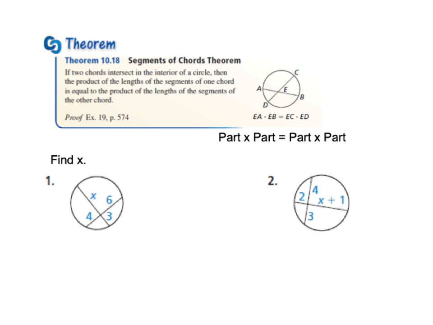Okay, so now we're actually going to use some of that algebra in order to figure out some things about segments in a circle. We've done a lot with segments in a circle with arc measures and lengths and all that good stuff. Now we're actually looking at the lengths of the segments and how they're related to each other. So if you have 2 chords that meet inside the circle, and they do not have to meet in the center of the circle, they can meet anywhere inside the circle, then the relationship that they have is